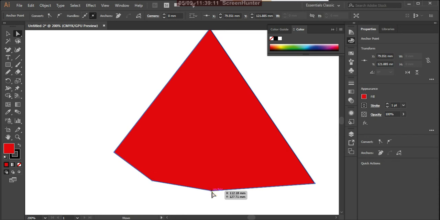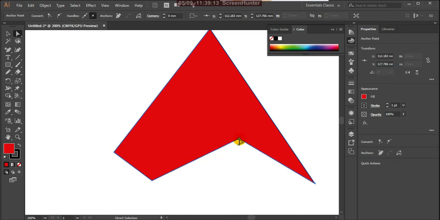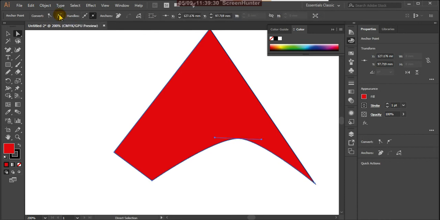So here the shape is changing according to your wish. But I want a curve here. So what I'll do, select this point, and from the control panel, see there is convert selected anchor points to smooth. Just click on that. See, it is changed into a smooth curve.